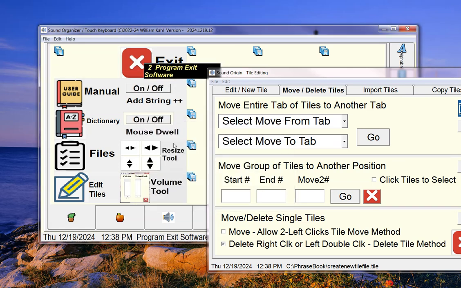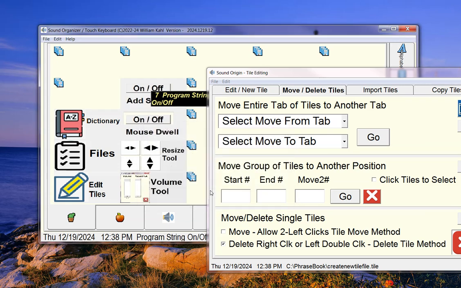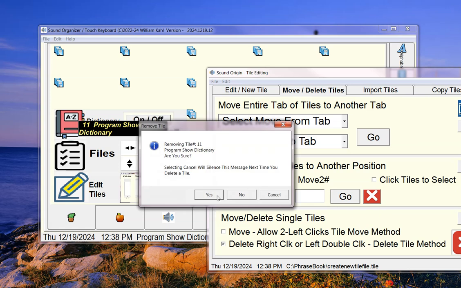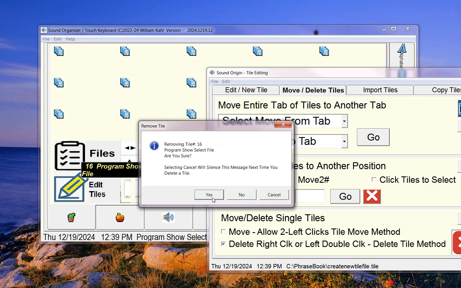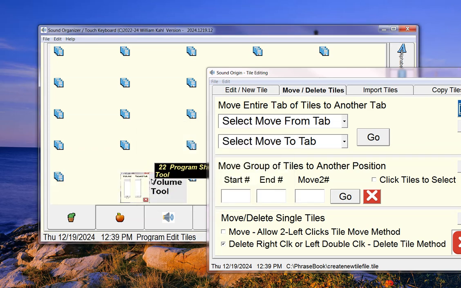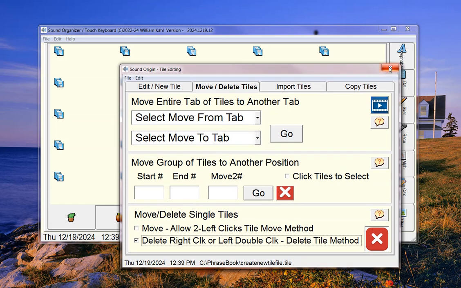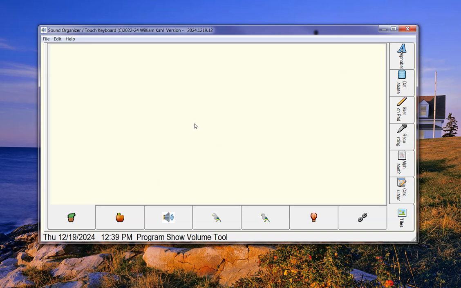Program Exit Software. Program Show Manual. Program String on/off. Program Show Dictionary. Program Dwell on/off. Program Show Select File. Program Show Programmer Size Tool. Program Edit Tiles. Program Edit Tiles. Program Show Volume Tool. Okay, so we have a completely blank tile file, and we're going to begin by using